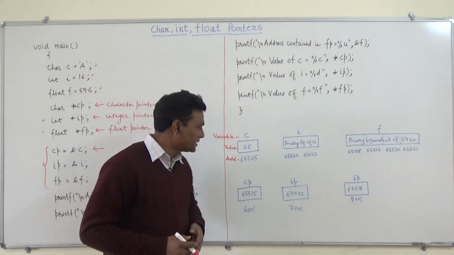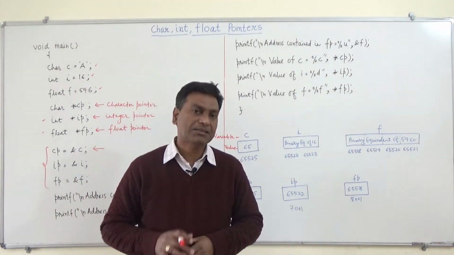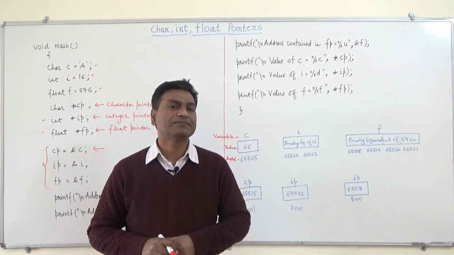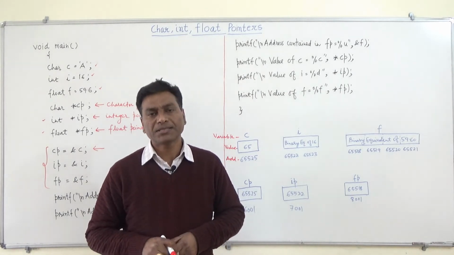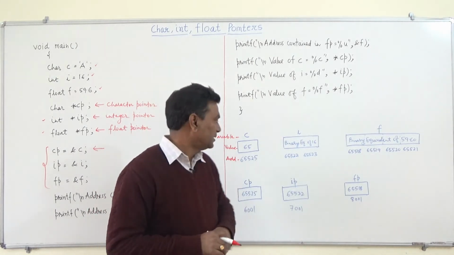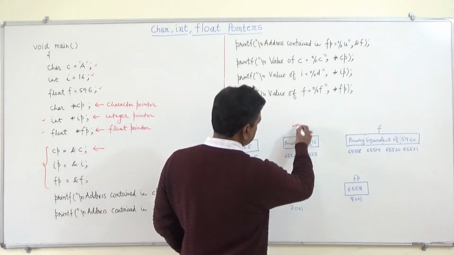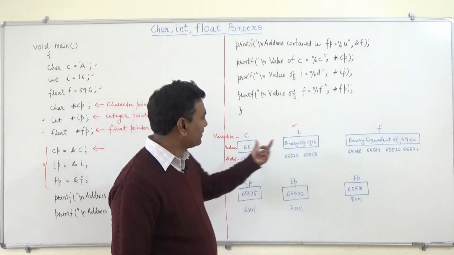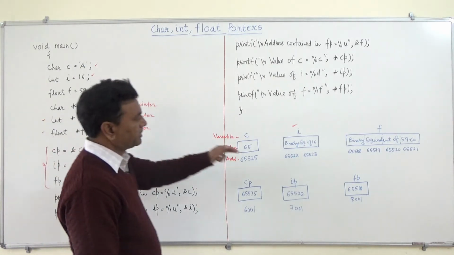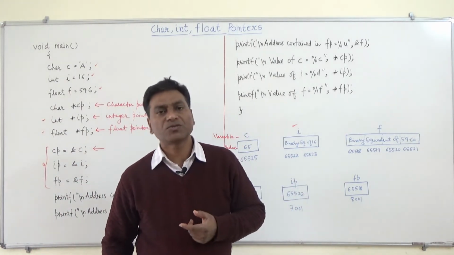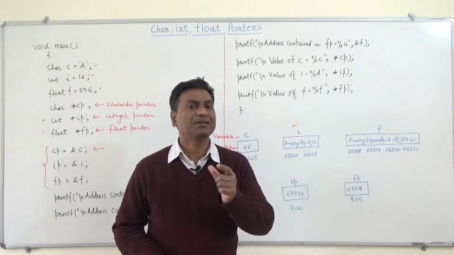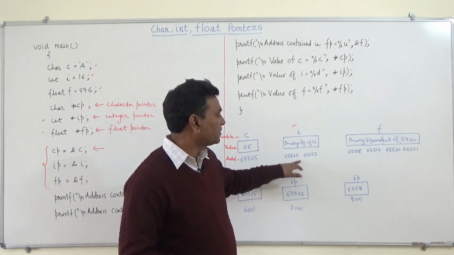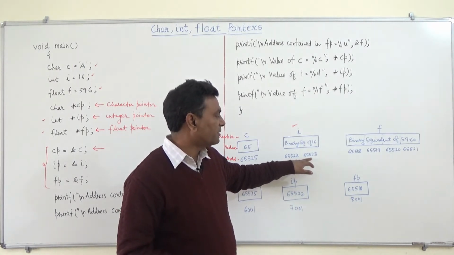Now one more concept is, because a character takes 1 byte of memory, it means it will require one memory location, or one location in the memory, or we can say it will require only one address. But on the other hand, this is an integer type variable I, having the value 16, and because it occupies 2 bytes of memory, it means it will require 2 addresses. The first address is 65522 and the second address is 65523.